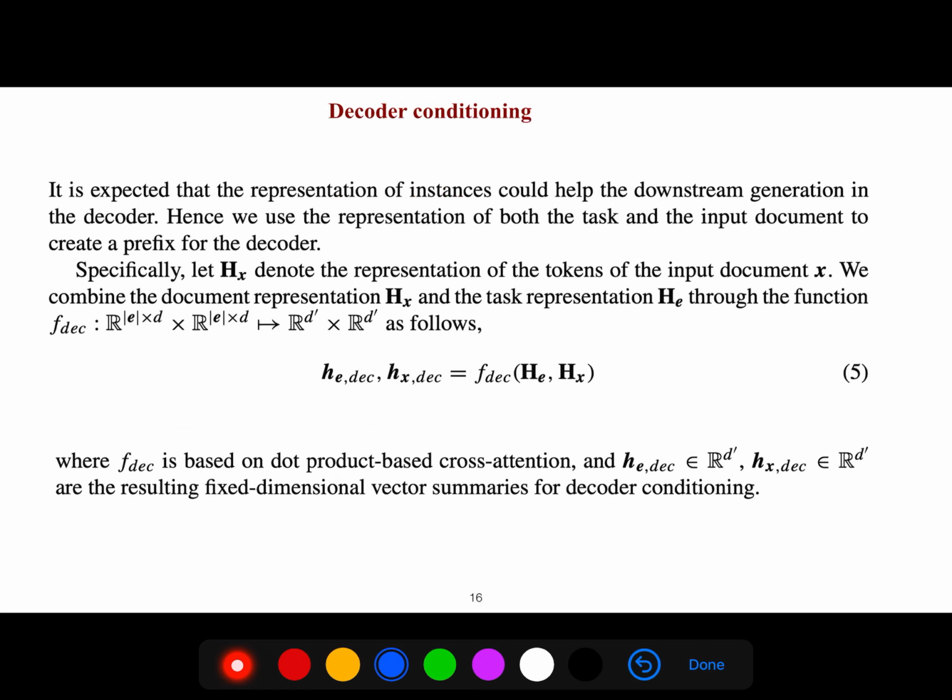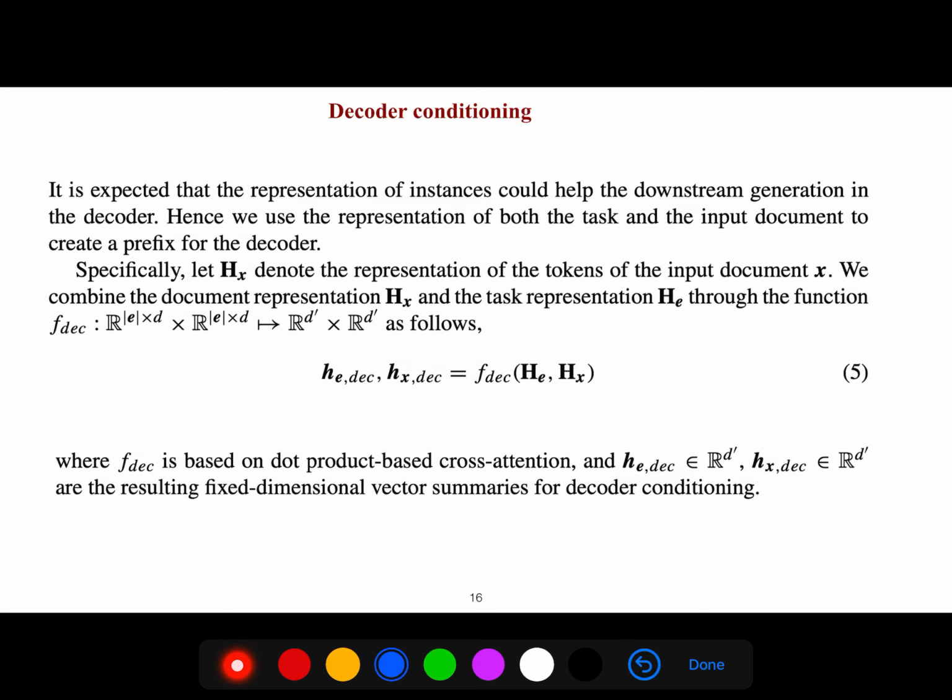It is expected that the representation of instances could help downstream generation in the decoder, as we use representation of both the task and the input document to create a prefix for the decoder. Specifically, let h sub x denote the representation of the tokens of the input document x.